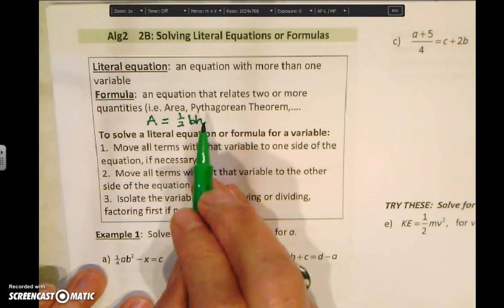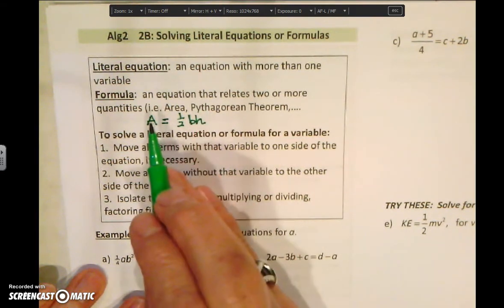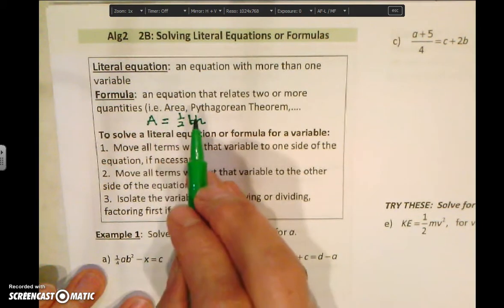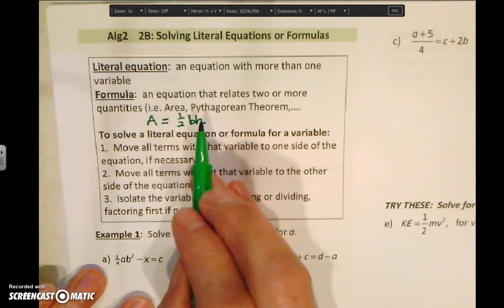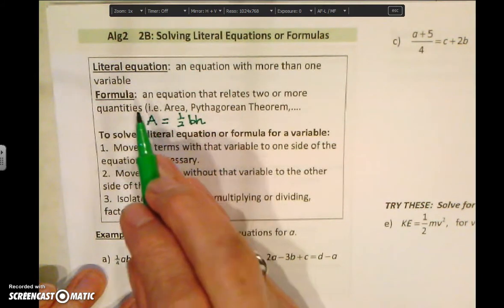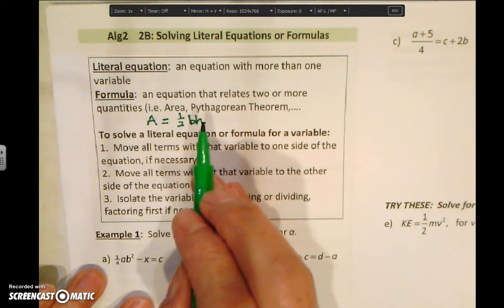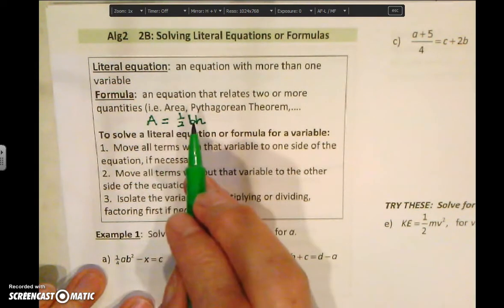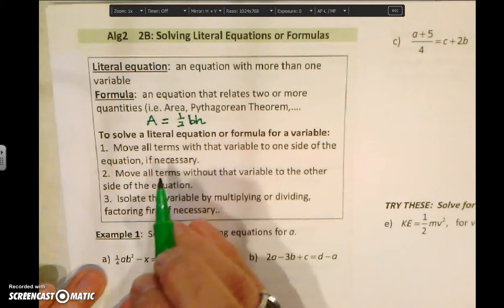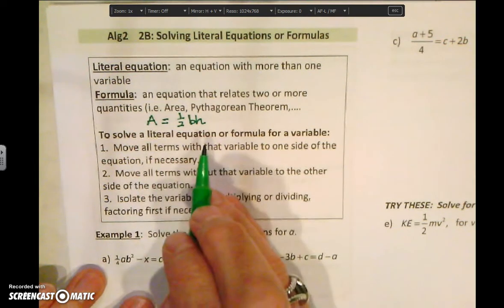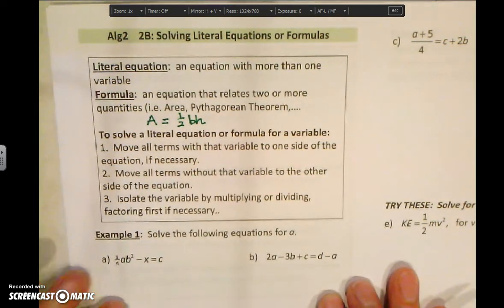There are occasions when we might want to solve, rather than having A equals, we might rather have it solved for H and say that H is equal to and then some expression. We might be wanting to figure out the height over and over again given the area and the base. In order to solve a literal equation, they're all going to be a little bit different, but I'll give some